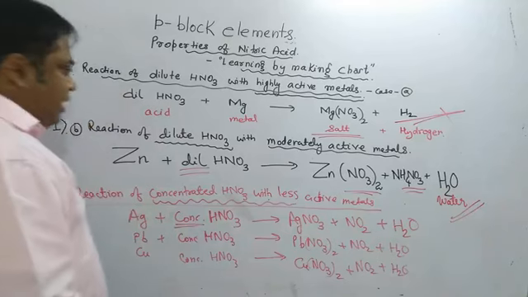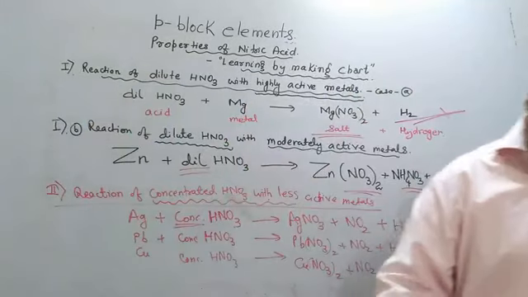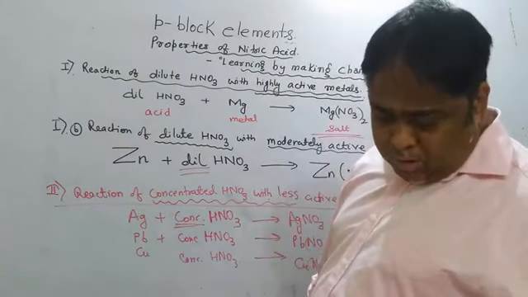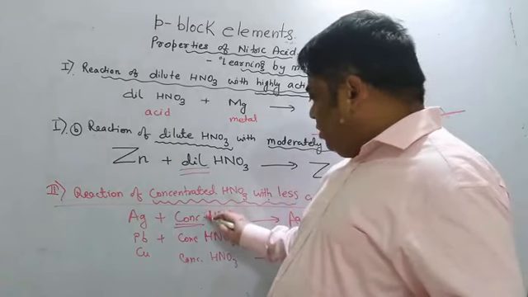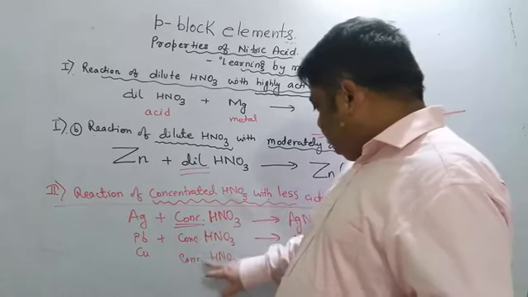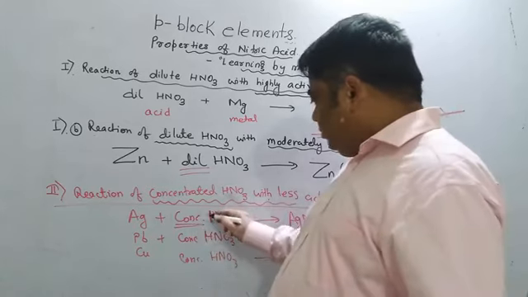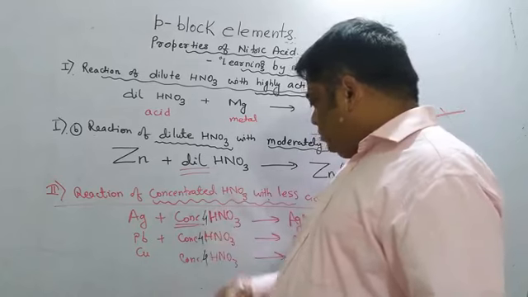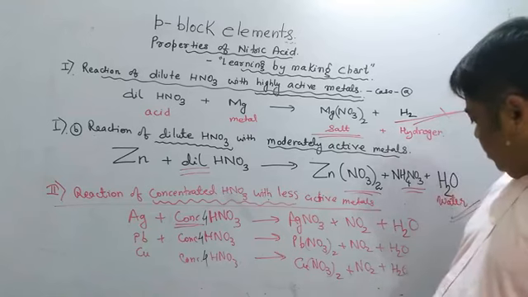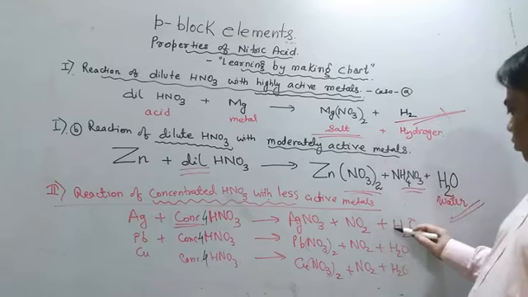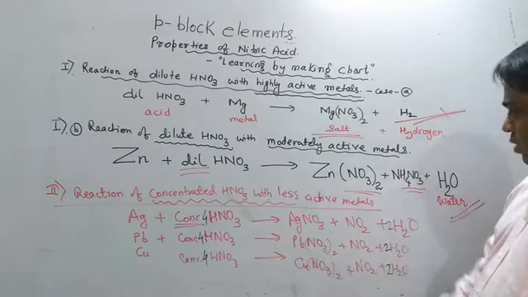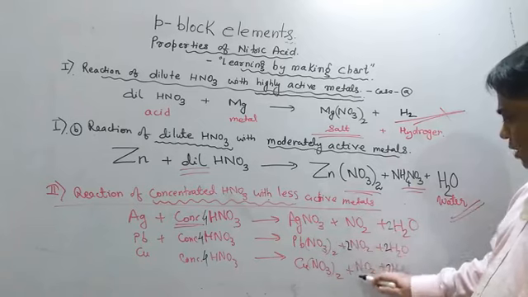Now balancing, that can be done very easily. In each of these cases, you give 4 HNO3. Okay, I'll make it with black. So 4 nitrogen are there, 4 hydrogens are there. So for 4 hydrogen, we can give 2H2O will come out in each of these cases. Now two nitrogens are already there in this case, so we'll just give 2 over here.